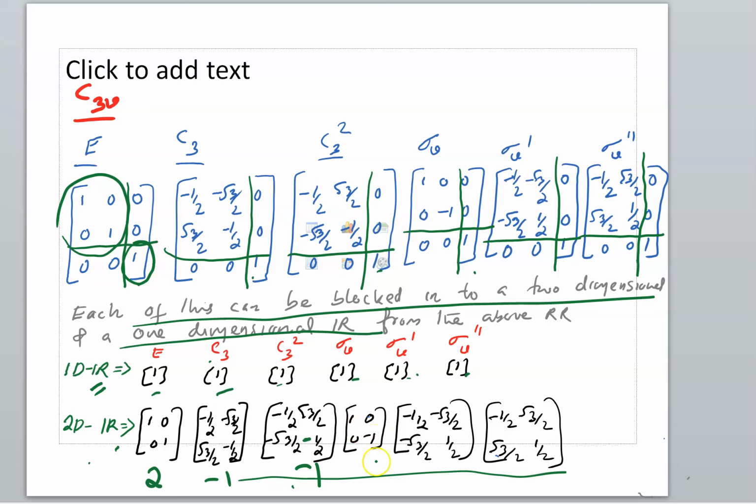Look at 1, 1, 1; 1, -1, 0; -1/2, +1/2, 0; -1/2, +1/2, 0. Okay, that is correct. The characters of the representations of the same class will be the same. So we can construct the character table like this.